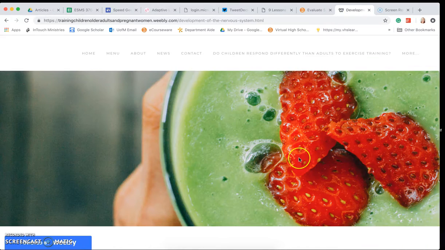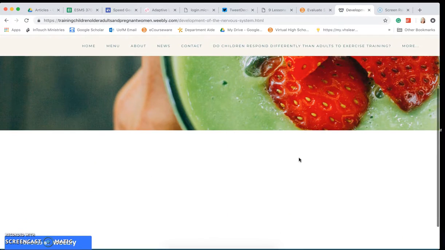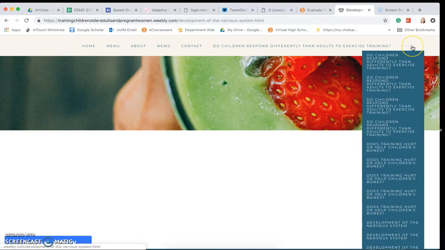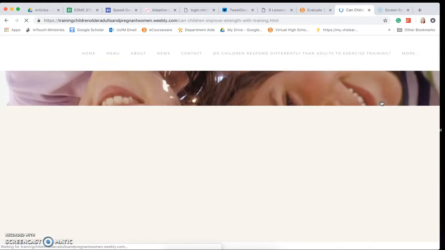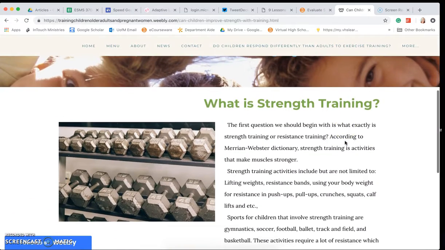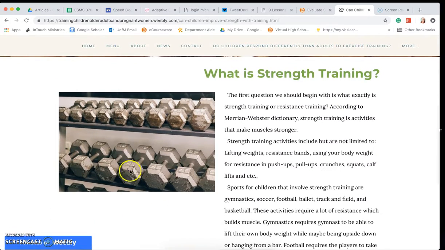If I come to the first page and I don't see anything, I don't even know who's responsible for this. So it'd be nice if you guys already had that in there for me so I wouldn't have to go back to that home page. It would help me be able to properly grade, right? What is strength training? Remember, you have to credit